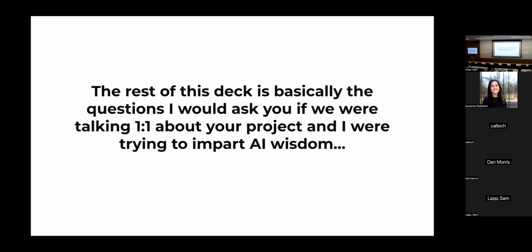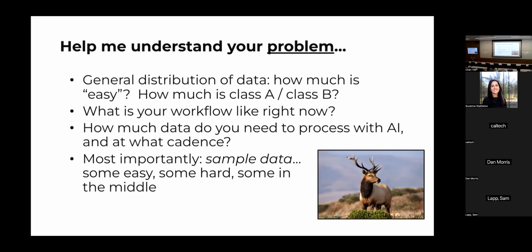So again, the rest of this part of the deck at least is the questions I would ask you if we were having that conversation about your AI for conservation problem. Almost always the first set of questions I ask is really just trying to understand the problem. People often, if they say, hey, here's a picture of a thing I want to find in satellite imagery, very often send you the most interesting example. That may be the easiest, it may be the hardest, but it is almost never a totally random example that they've given you in that email where they asked you about AI for conservation.